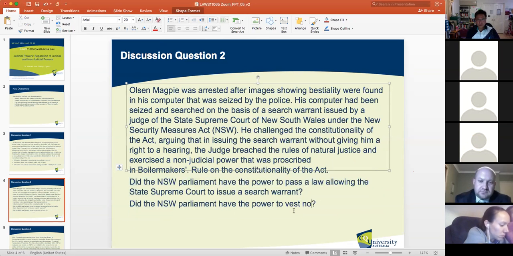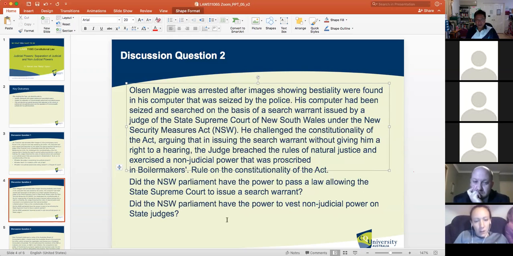Isn't there another problem that the Supreme Court is considered part of the Chapter 3 courts? Okay, yes. Very, very good, Gordon. I'm going to get back to you in a short while. I was just trying to type who said that. Sarah, I think: the parliament vests non-judicial power on state judges. And then Gordon raises the question of